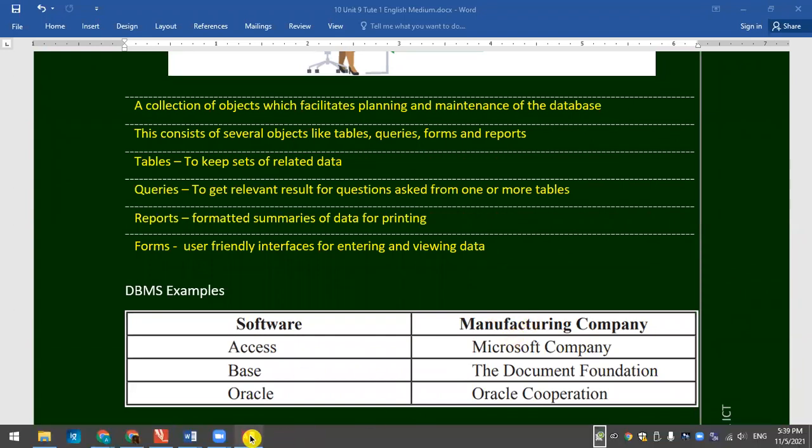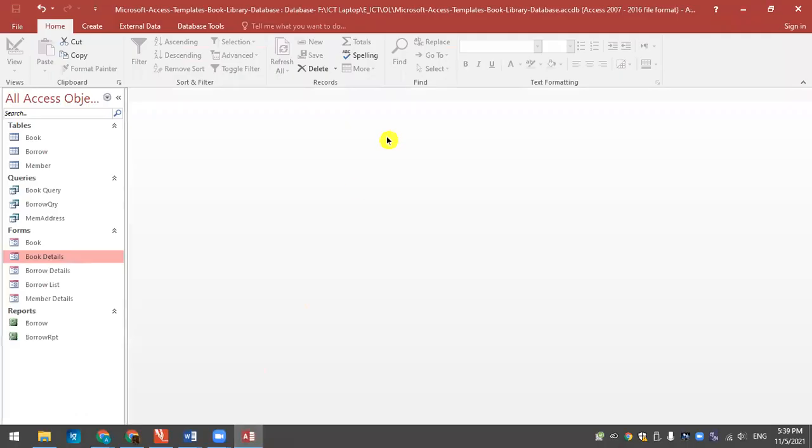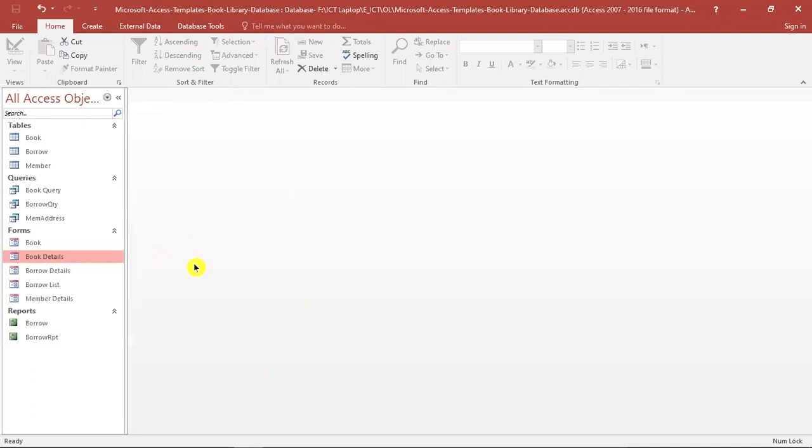So now we are going to see an example database. This is a library system. This is an example we are going to develop in future, but today we just look at the tables and the structure of the database.